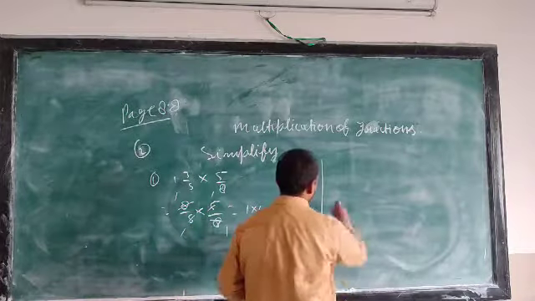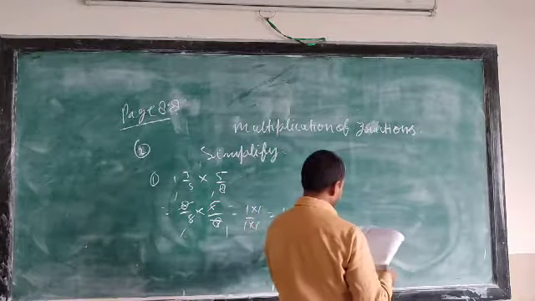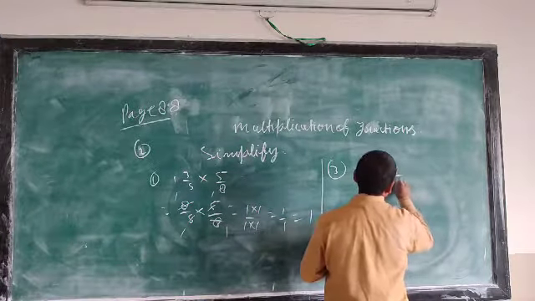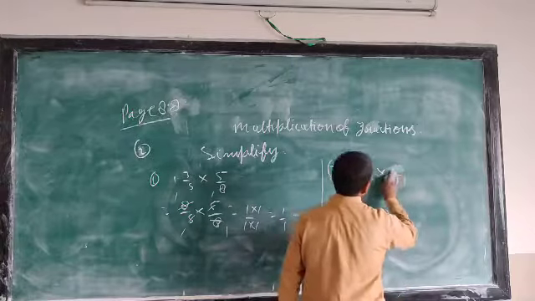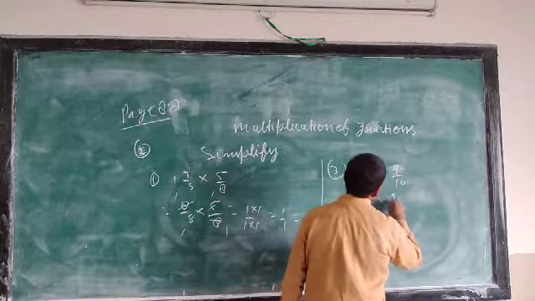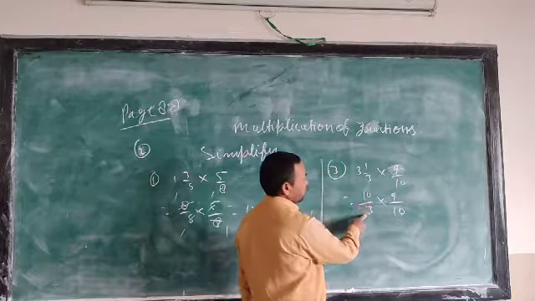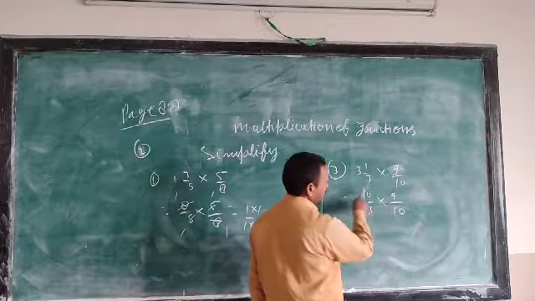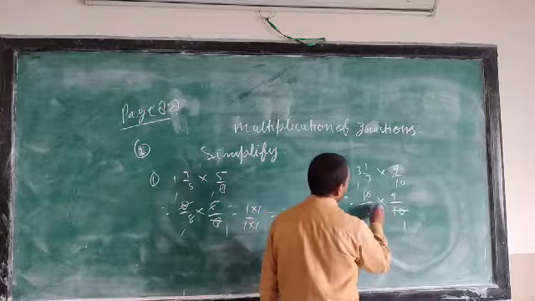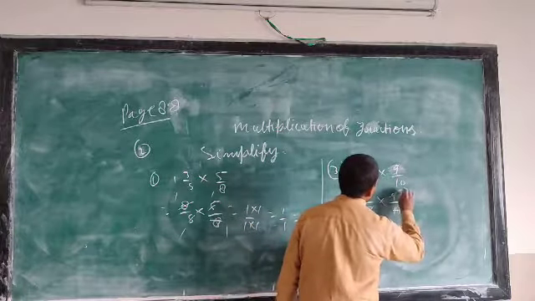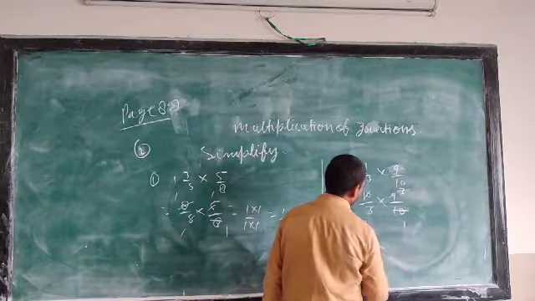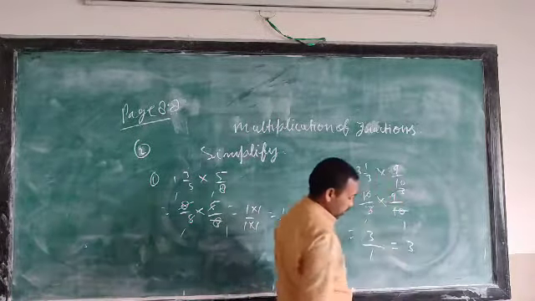And here given 3 and 1 by 3 multiply 9 by 10. 9 by 10. 10 by 3 multiply 9 by 10. See here 10 and 3 have no common factor. 9 and 3 have a common factor. 10 and 10 both are divided by 10 and will be cancelled. 3 and 9, 3 is 9. So your answer here is 1 multiply 3, that is 3, and here 1 multiply 1 is 1, or you can write only 3.